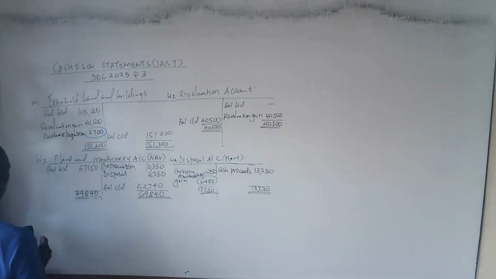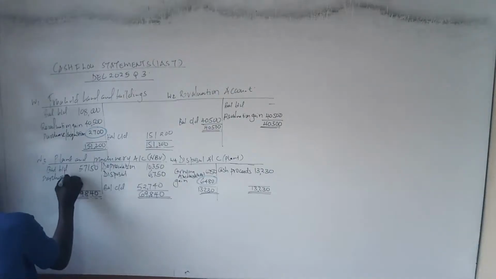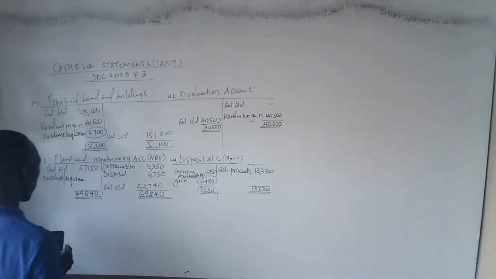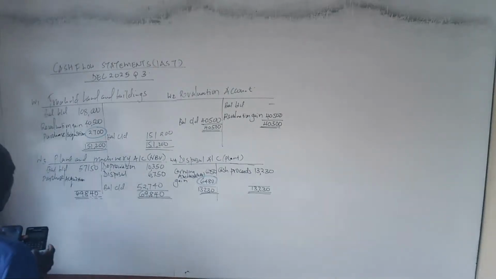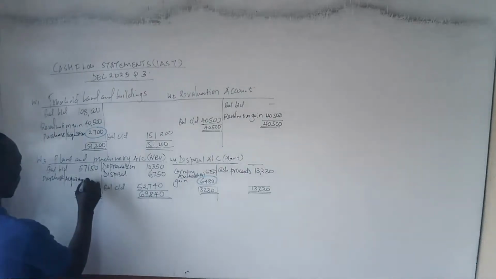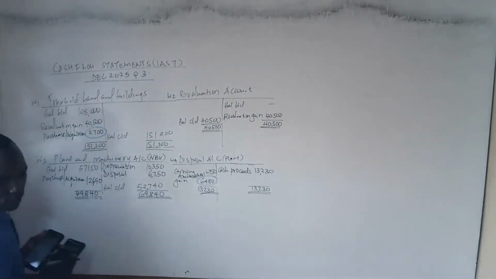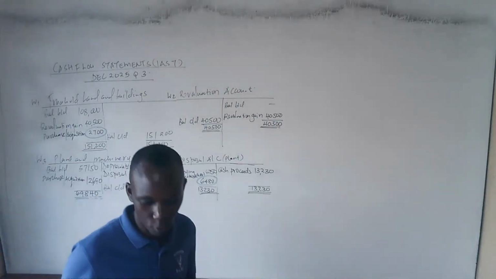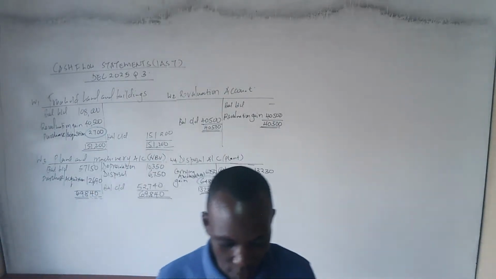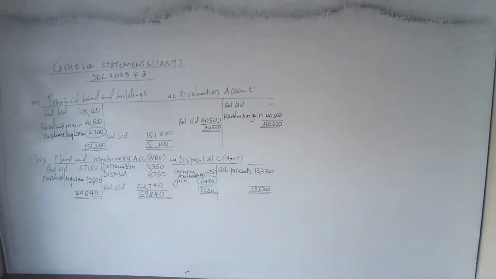69,840. Therefore, we have the purchase, or what we call acquisition, of how much? We acquired more plant and machinery of, we take the answer, we subtract 57,150. Therefore, we are going to have 12,690. 12,690. And in case there is any question, kindly I advise you use the chat, and your question is going to be answered.